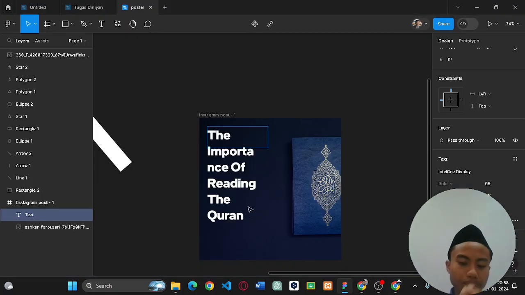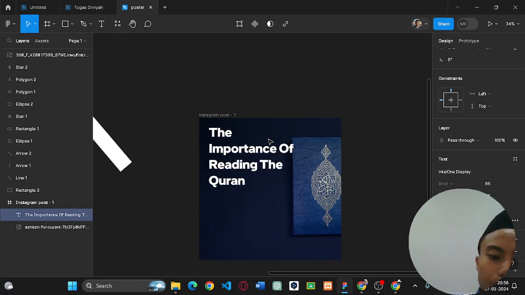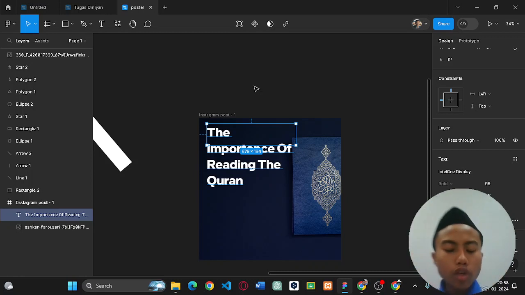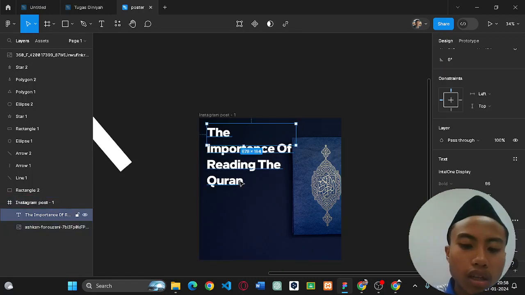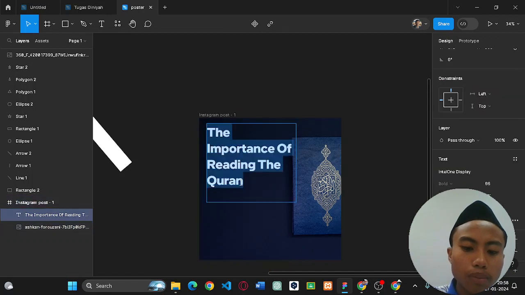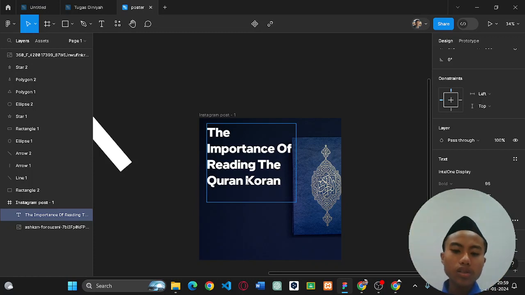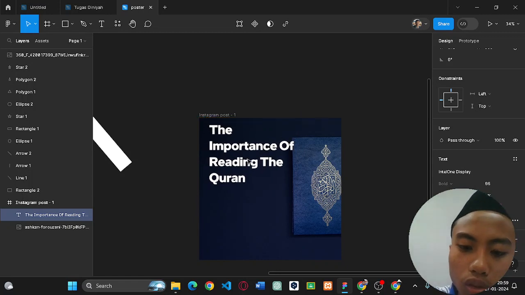So the Quran is what the Western people use, because it's pretty much about English. You can see here it is pronounced one way, but if you use the other spelling, the Western pronunciation is different. So it's just the pronunciation. But because I'm Indonesian, I don't care about that.